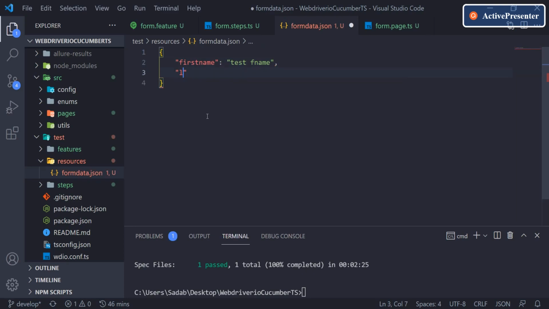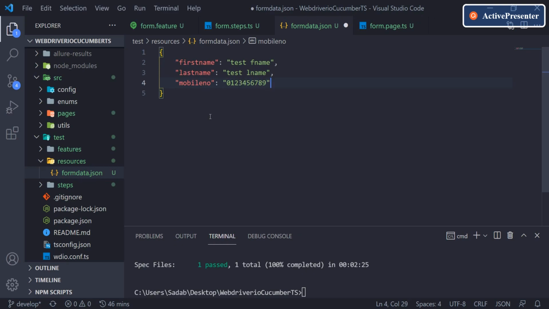Here for last name we'll keep test last name, you can keep anything. Then we need the mobile number as well, and we'll say a 9-digit number.